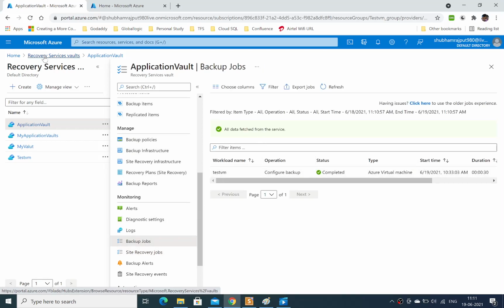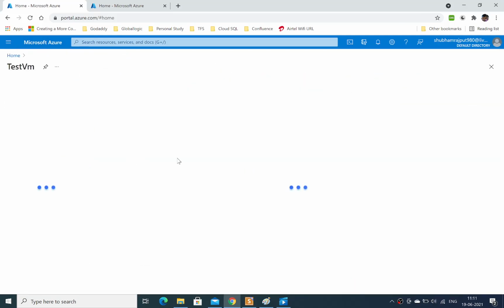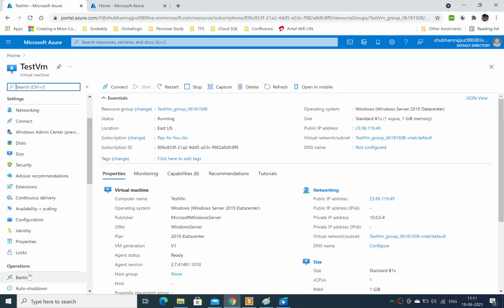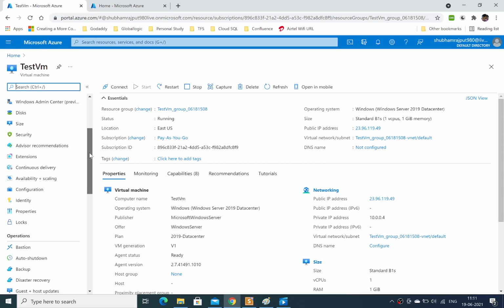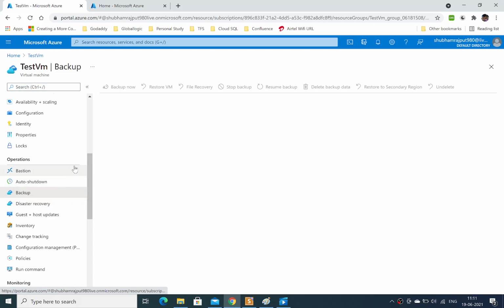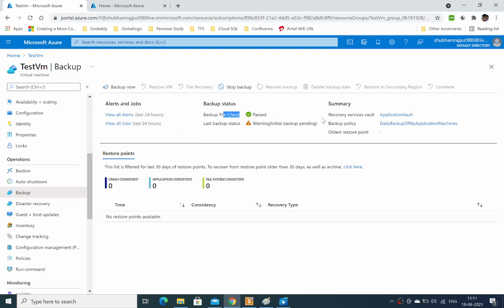Now come on to the Azure portal and choose the test VM virtual machine. When you come down into the operations section, you can see there are two options, backup and site recovery. The backup is done using a vault service. You can see the backup pre-check has already passed.